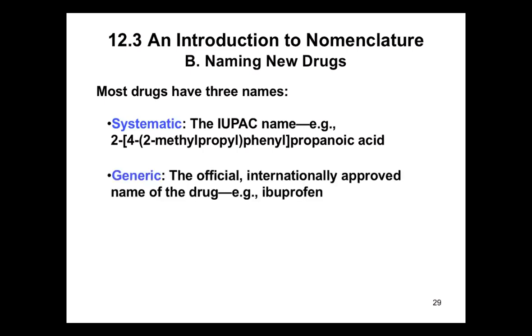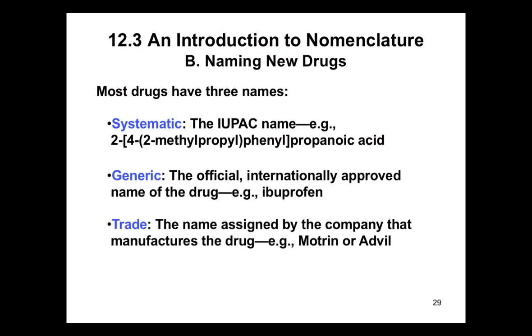And then for generic naman, it is internationally approved name of the drug. Example is ibuprofen. So, kumbaga ito yung pwedeng pang-classify din, yung mga generic name. Kasi diba yung most of the ibuprofen, they are for pain relievers, yung nag-relieve ng swelling. So, yun yung generic name. And then, for trade name naman, ito yung name assigned by the company that manufactures the drug. Ito yung kalimitang ginagamit ng public. So, example, Biogesic. So, ito yung mga madaling tandaan dapat ng public.